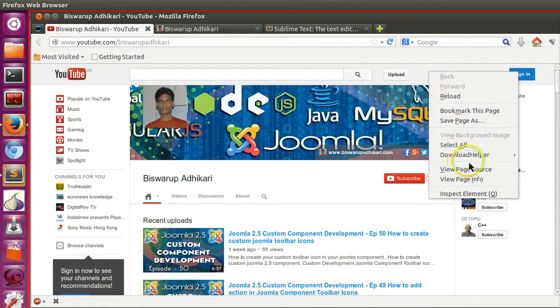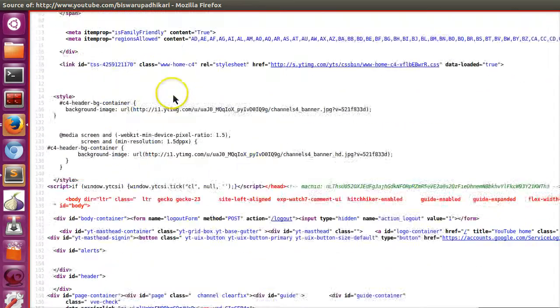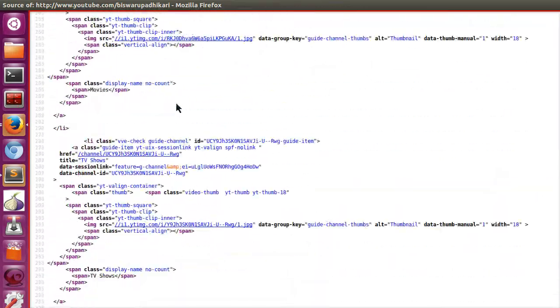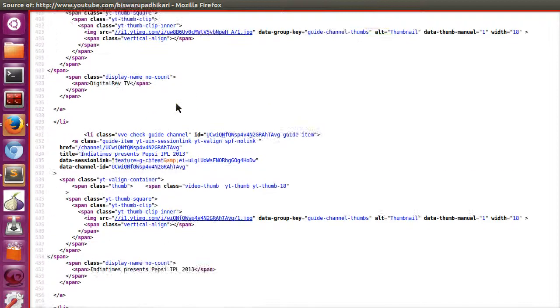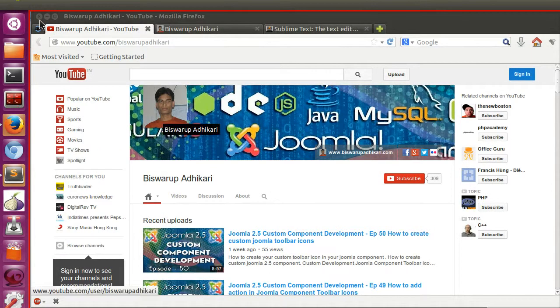So I'm giving you a look at what HTML is. If I view source, here you can see a lot of coding. These are all HTML code. When you write some HTML code, the browser knows how to generate different things from your code.